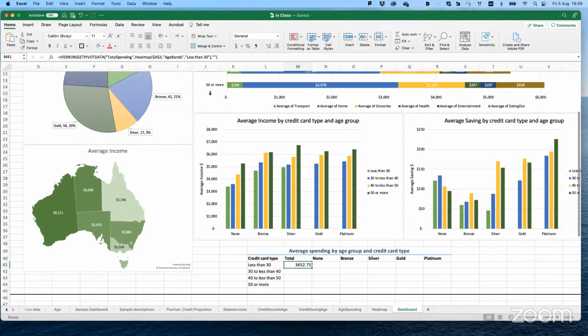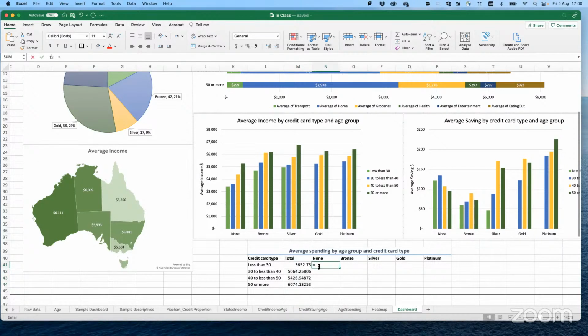You have this, then you get rid of the last part, and click on less than 30 and enter. And now you have it. And you drag it and it copies everything. We are going to fix the formatting later.